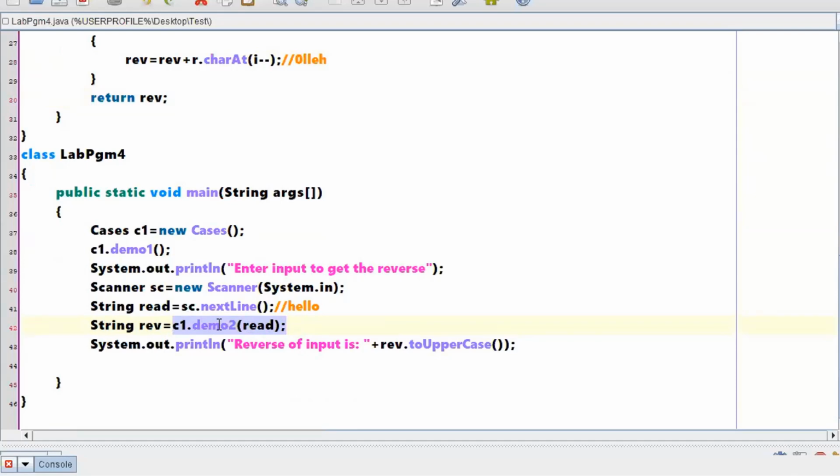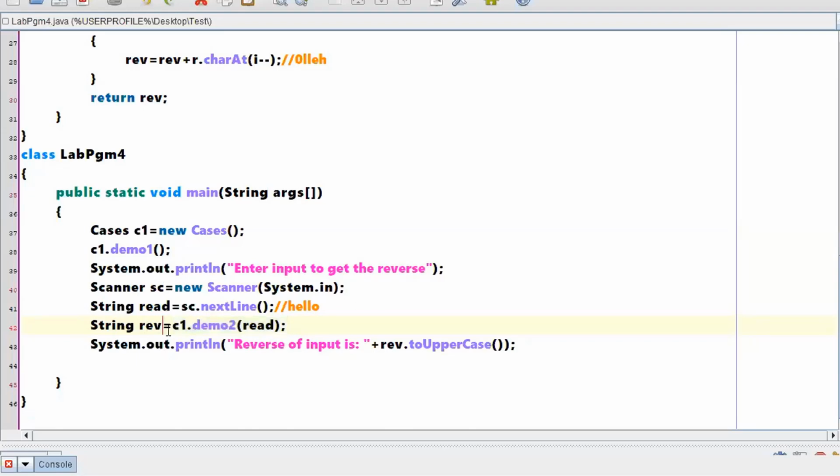Whatever return value is coming from demo2, I am storing in rev. This method takes an input. Its work is to perform the reverse of that input and reply to me. That is how we have written this method. So whatever reverse it returns, I store in rev.